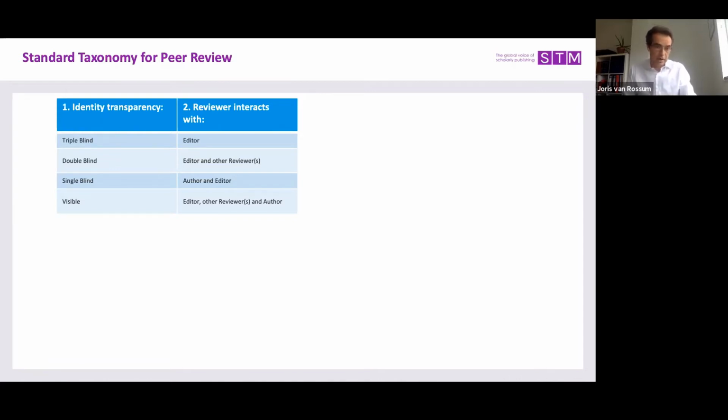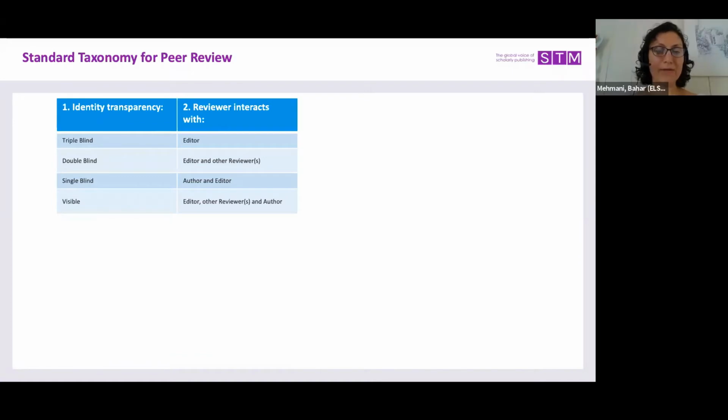The reviewer interacts with the editor. He or she is invited and sends his or her report to the editor. But there are also models whereby the editor and the reviewers work together, and in some cases make a joint decision or recommendation. That is described as the reviewer interacts with editor and other reviewers. There are also models whereby the author and editors collaborate in the review process, and there are models where the editor, the reviewers, and the authors all work together in a collaborative effort. So this column describes those different interactive models of peer review.